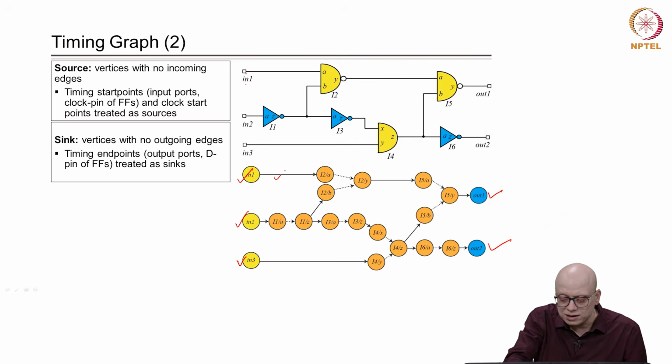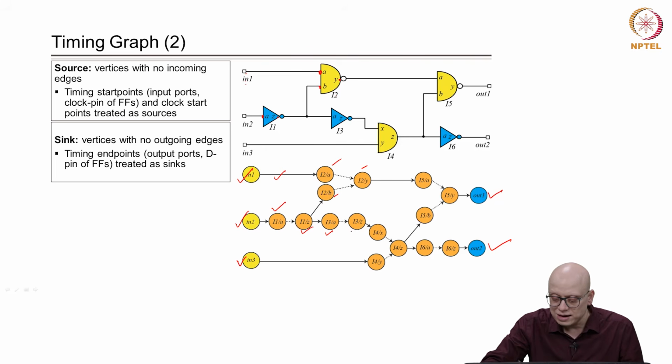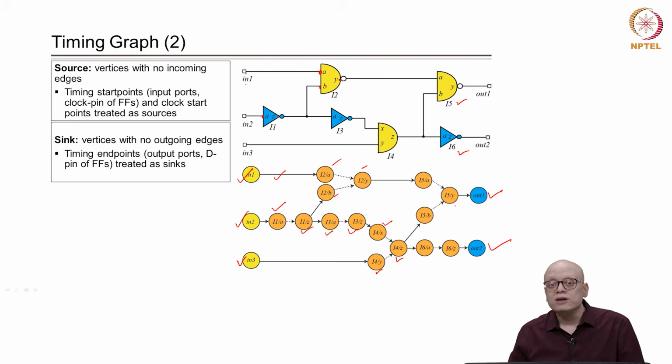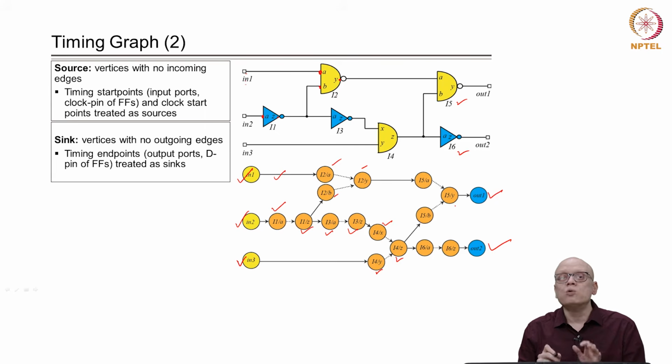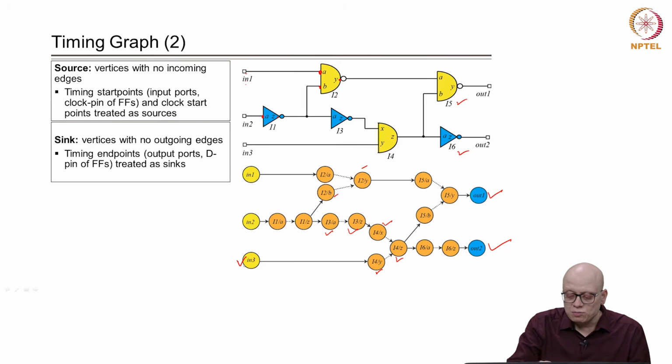So, we have a net arc corresponding to all the pins in our circuit. So, I2A, I2B, I2Y, there are vertices, right. Similarly, for this inverter we have I1A, I1Z. So, we have 2 vertices. Similarly, for I3 we have I3A, I3Z, for I4 we have I4X, I4Y, I4Z. Similarly, for I5 and I6. So, we have various vertices for all the pins and ports in our design,